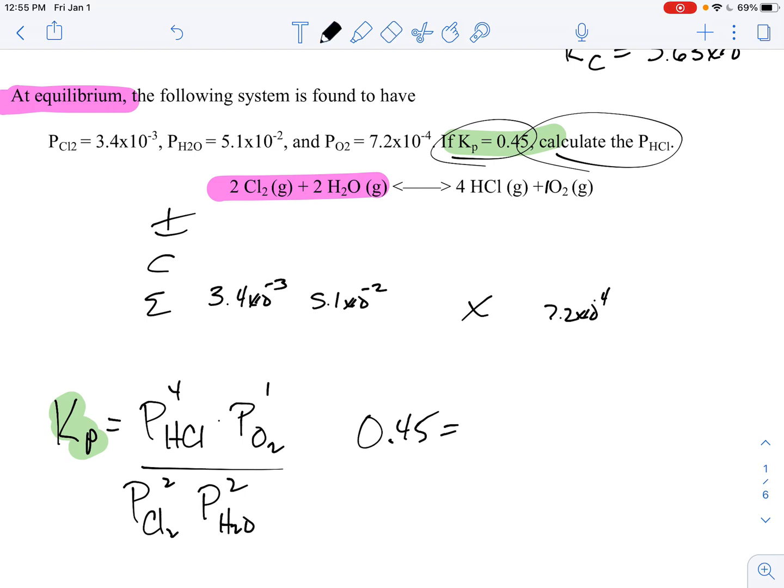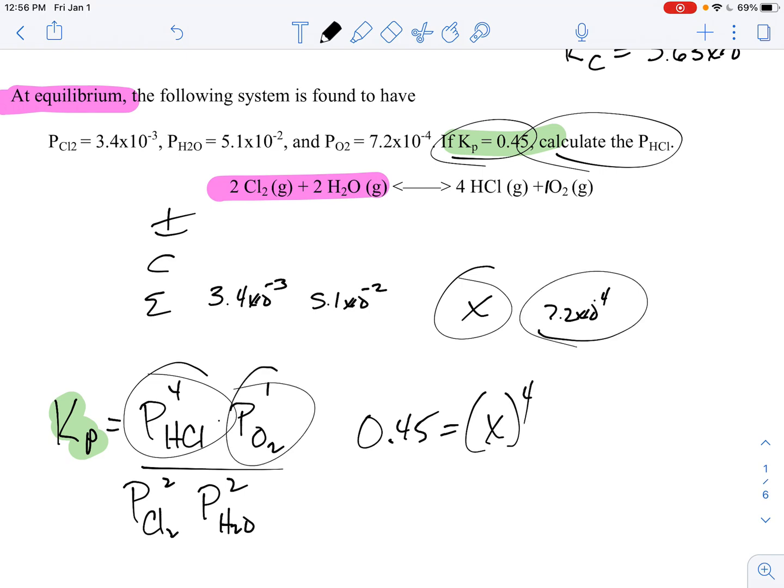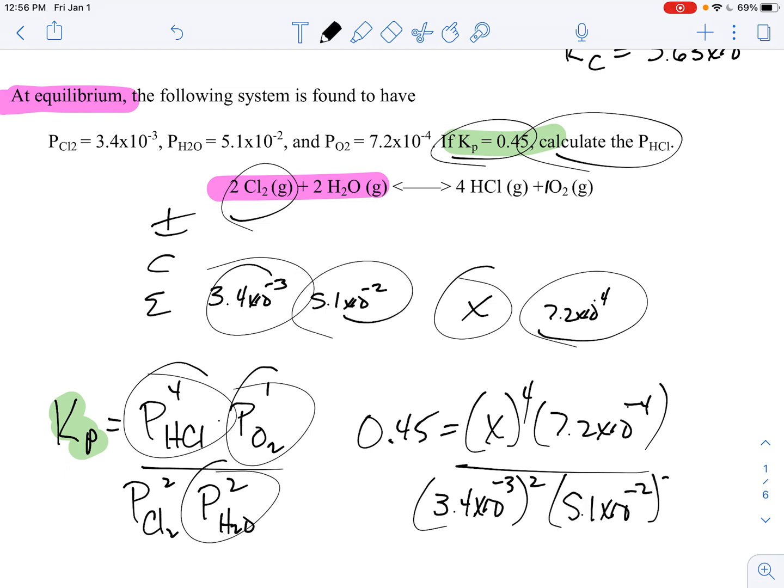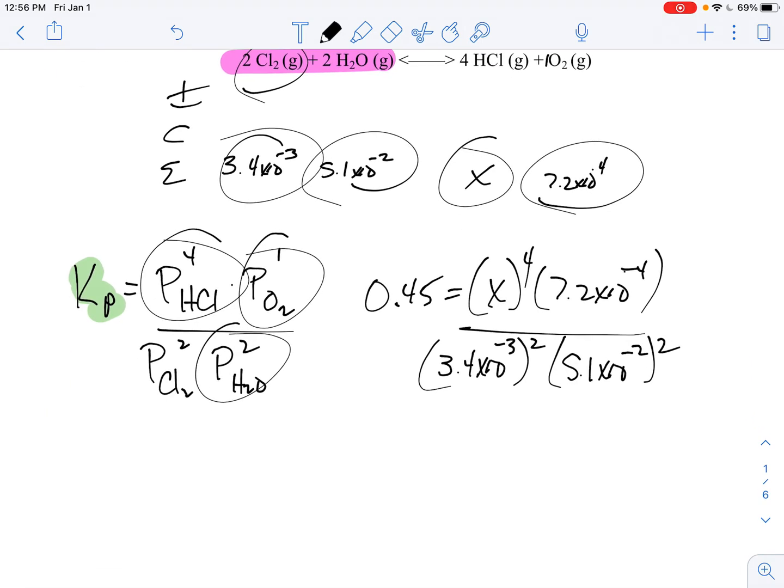I'm putting this wrong. I apologize. I'm looking at the wrong numbers there. My bad. It's products over reactants. Sorry, I looked at the wrong thing. This is the HCl, that's this. So that's going to be X to the fourth. And then we're going to multiply it by the oxygen, which is this guy here, which is 7.2 times 10 to the negative fourth. And then we're going to divide that by the chlorine, which is this guy here, 3.4 times 10 to the negative third, and that's squared, times the water, which is 5.1 times 10 to the negative